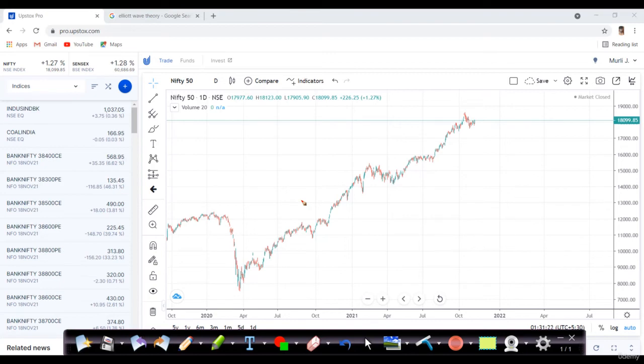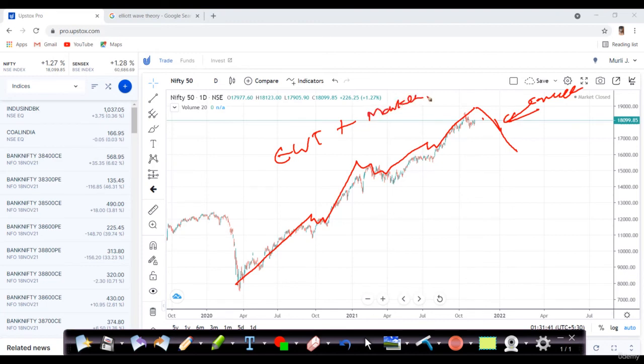That's why a correction is needed. And as per Elliott wave theory, if you connect that psychology, it's in the corrective wave. As per Elliott wave theory plus market sentiment, today's market sentiment when I am recording this video,